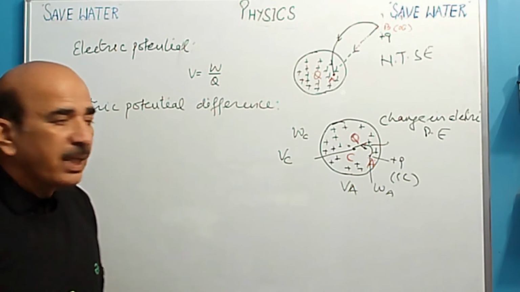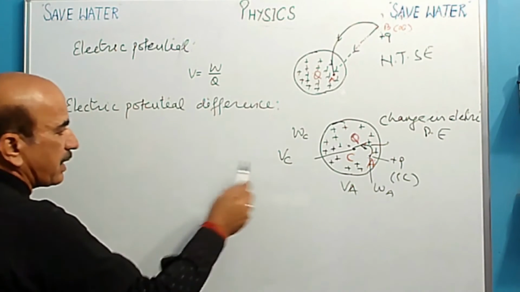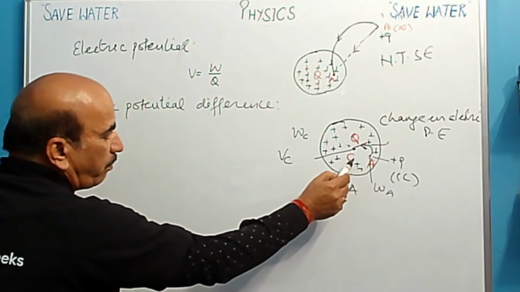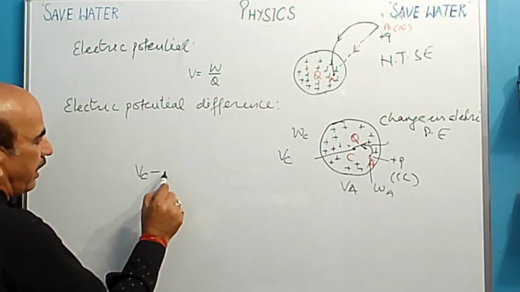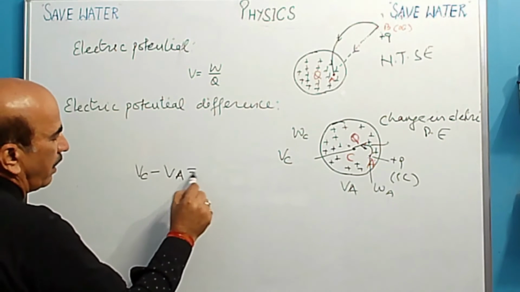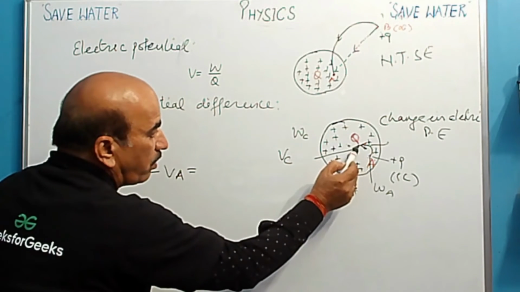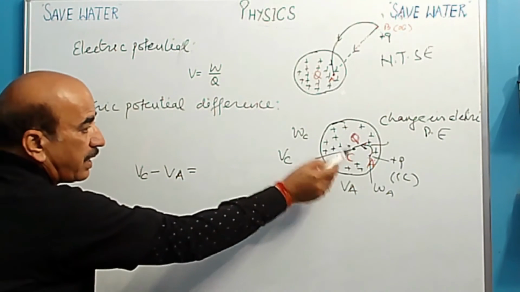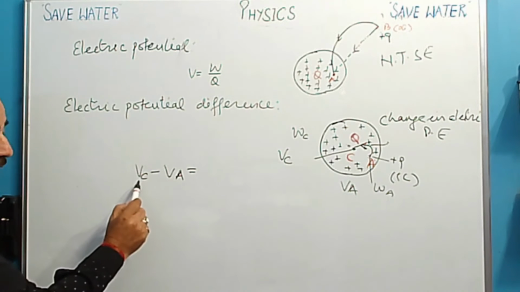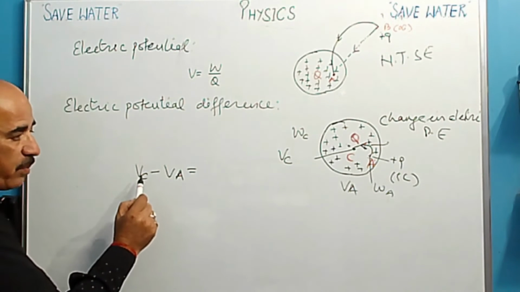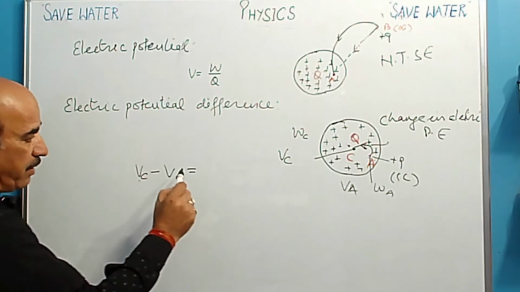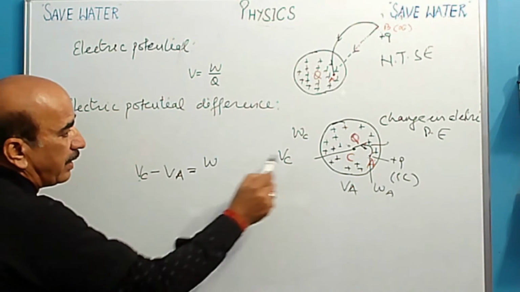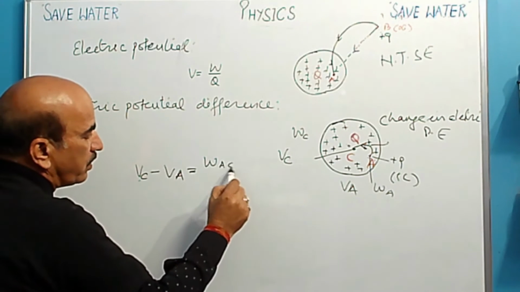Any problem here? So here, potential difference को हम कैसे represent करेंगे? देखिए यहाँ से. So potential difference here will be VC minus VA, because it is moving from A to C. At C potential is higher, because of the higher electric potential energy. So here work जो done होगा that is from A to C.